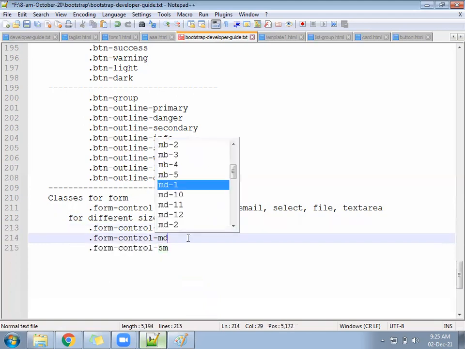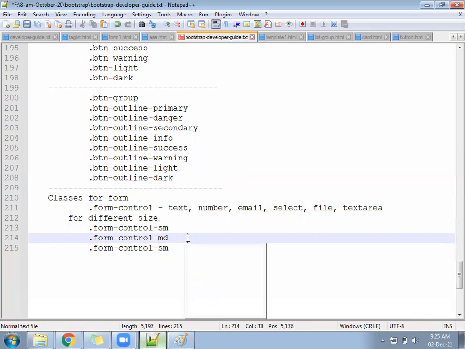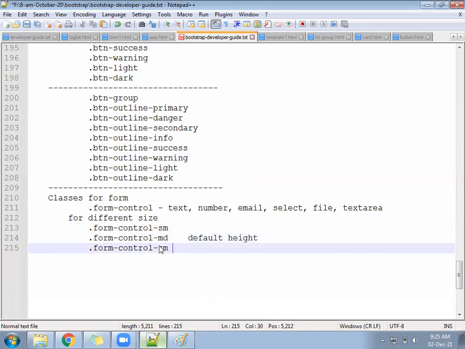MD is the default size and default height. LG will be larger, SM will be a little smaller, with a smaller text box height.